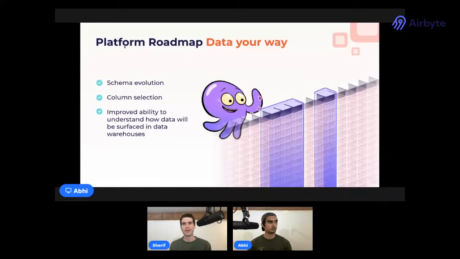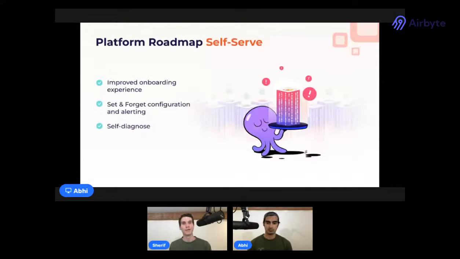We'll also be focusing heavily on improving the self-serve experience at Airbyte. Some top things on that list are making the onboarding experience easier to follow, adding notifications so that you can set and forget your configuration, and improving feedback to users so that when something unexpected does happen, the user is able to easily understand it and remediate it. To take an example, you can imagine if you rotate the password for your Postgres database but forget to update it in Airbyte. Airbyte should be able to tell you that there's a problem, that your password has expired, so that you don't have to remember and go in and do that yourself.